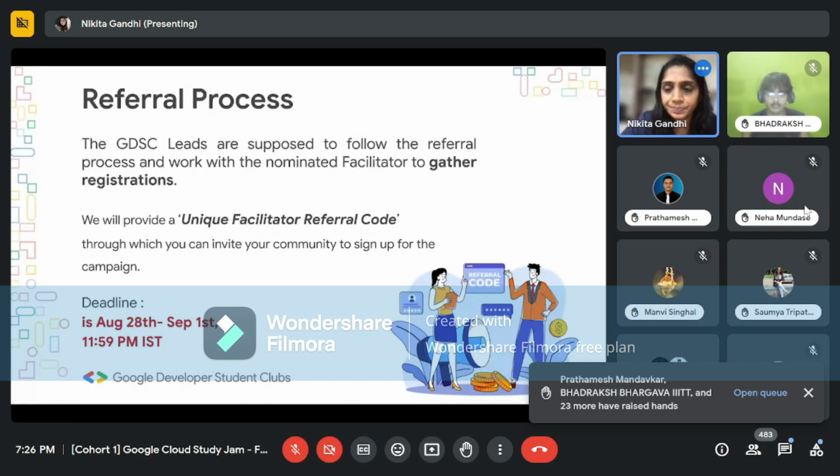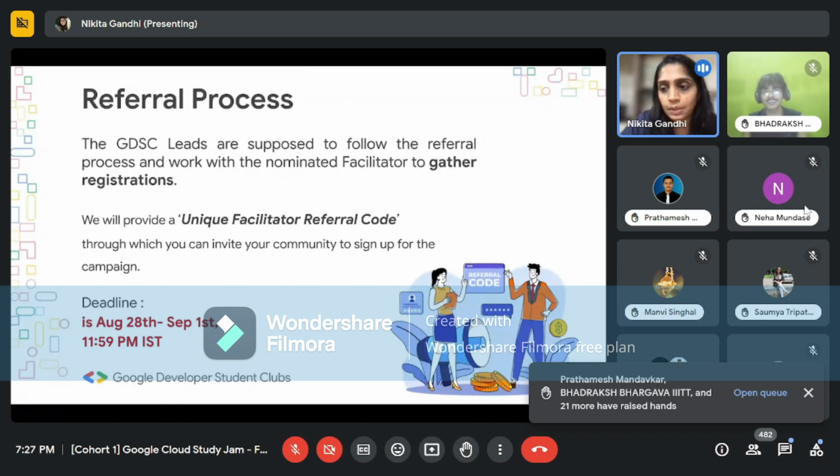And that being said, the facilitator referral code will also ensure that no one else apart from Bhadraksh's network is signing up for this campaign. Now each campus has a capacity of 150, which means that we will accommodate nothing less or more than 150 for this particular campaign.